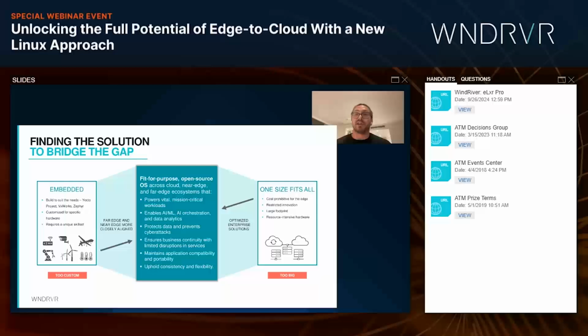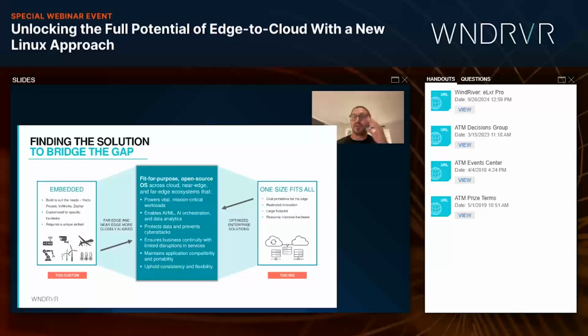And folks have been looking for a fit for purpose, open source, upstream first operating system that really bridges that gap and enables developers to be productive on day one and allow for folks to develop their mission critical application workloads to be able to enable AI, ML, AI orchestration, data analytics, provide security, and prevent cyber attacks, to be able to ensure business continuity, but also maintain application compatibility and portability.